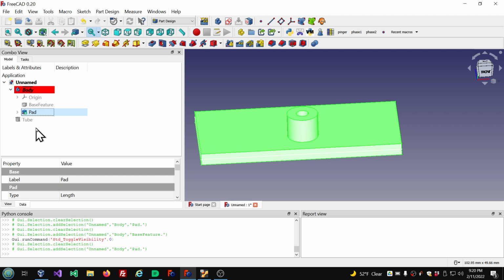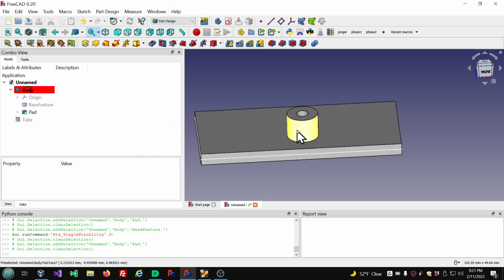So limitation number 1 is you can only have one base feature. Number 2, it must be the first feature in the body. And that means in number 3, it cannot be a cutting tool. And number 4, it does not respect the placement of the encapsulated object. And limitation number 5, it cannot be used as the base of a pattern feature. For example,